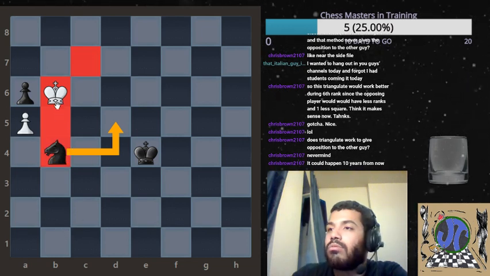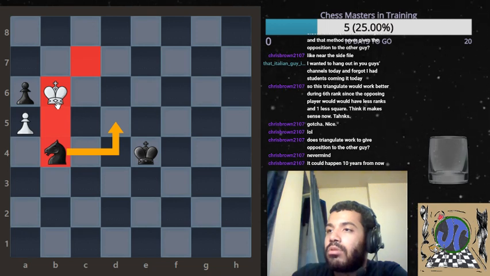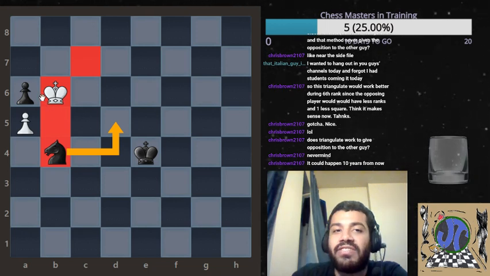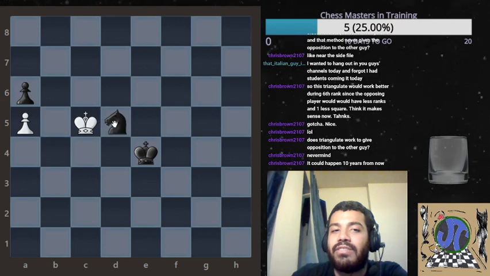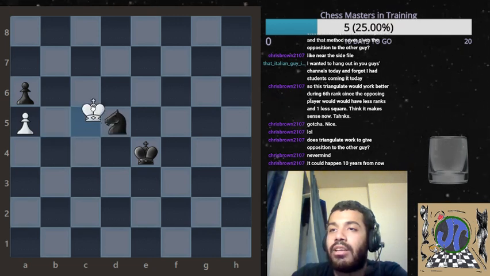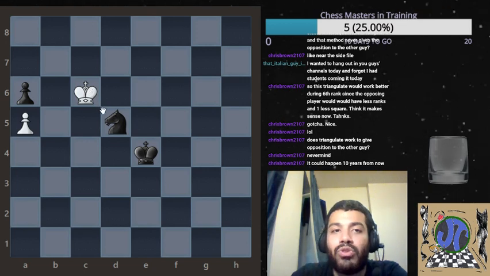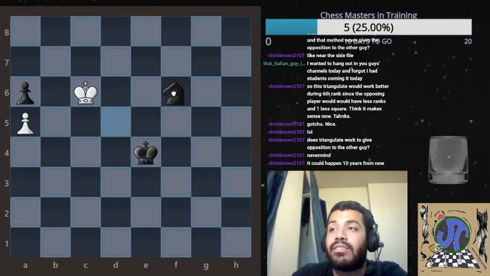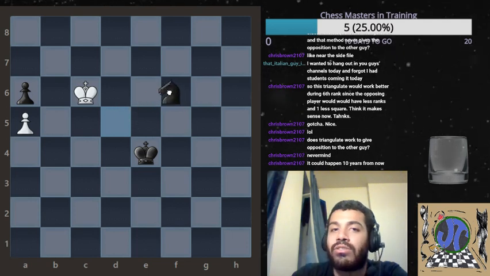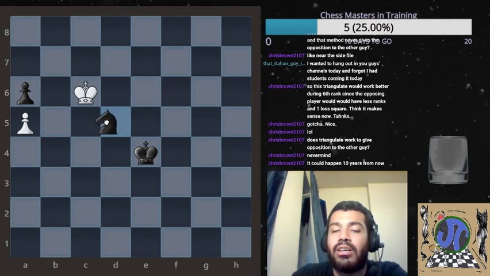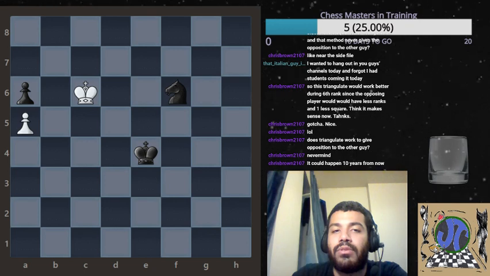right? So king c5, d5, king c4. The best move is knight f6 here, but they agreed to a draw, but knight f6 is the move, because